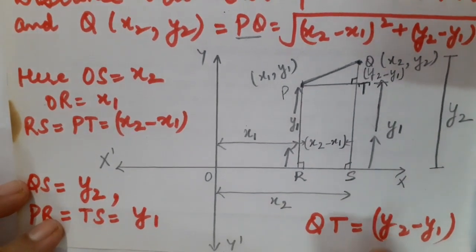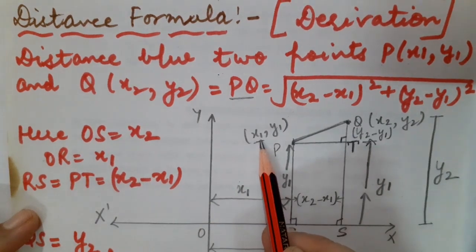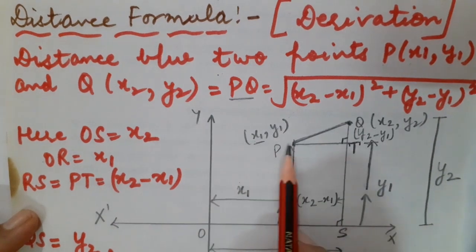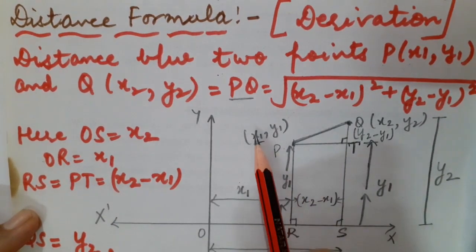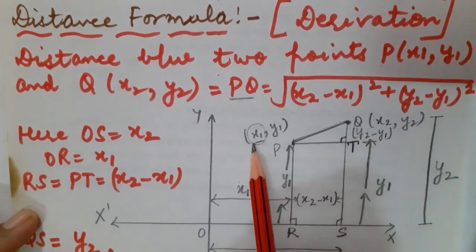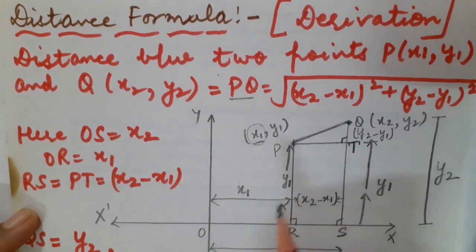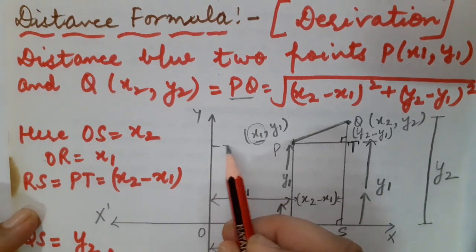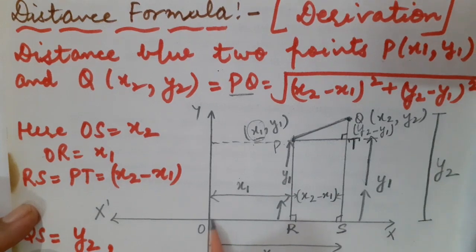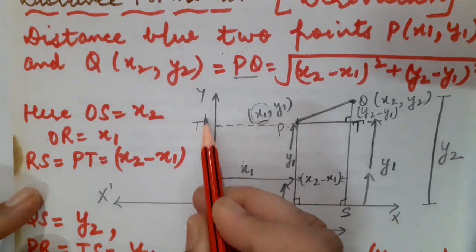Always remember one thing students, that x coordinate which is x1 here, fine, of a point is its perpendicular distance from y-axis. Okay. So here what is this? x1 is the x coordinate of point P. So what can I say? That x1 is nothing but the distance of this point P from y-axis. So can I write this? Can I show this distance as x1? This is whatever is equal to x1. So I can write that here OR is also equal to x1, as you can give here point T dash.